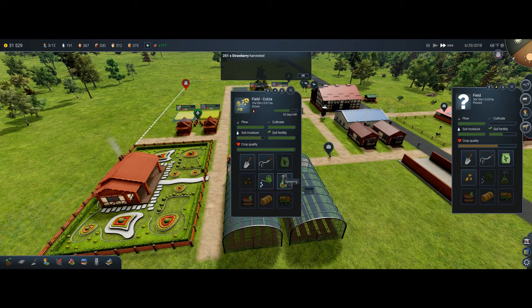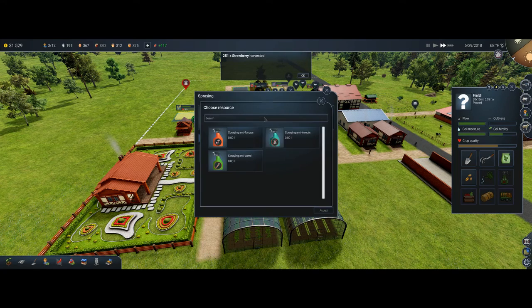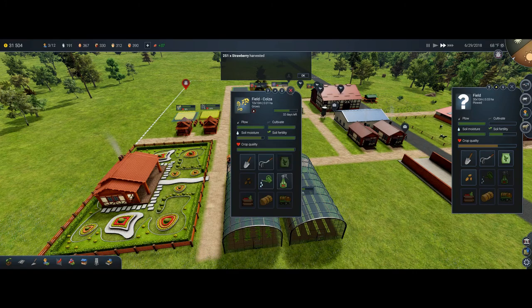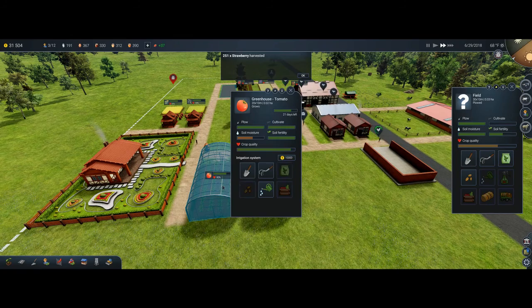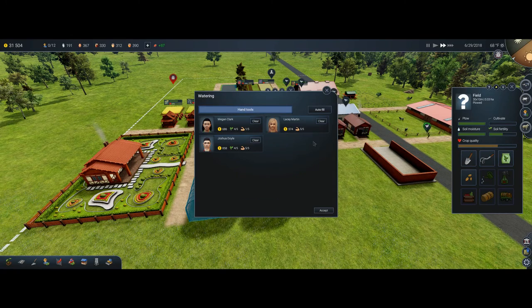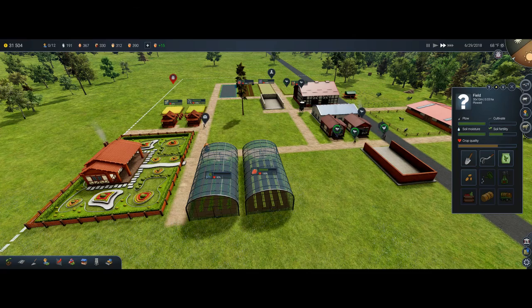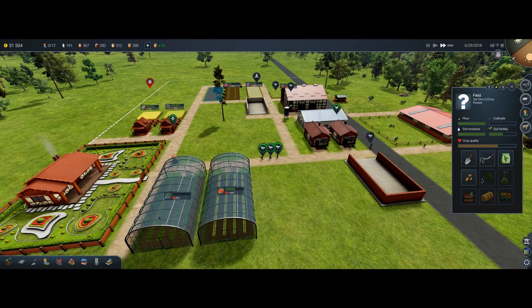Yeah. Oh, you know what? We need to insects. So we'll buy what we need to do that. In the meantime, let's get these guys watering this one. And we have some strawberries. So since these won't go off, let's slow down things a little bit. And let's talk about selling some honey too, right? So we'll see